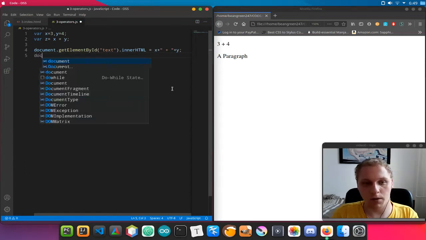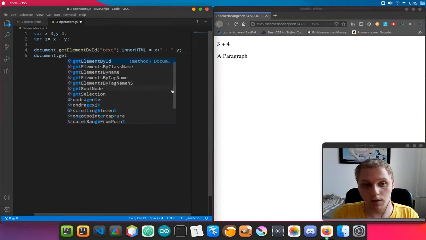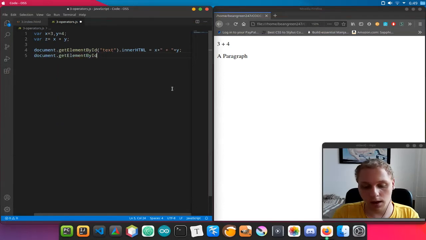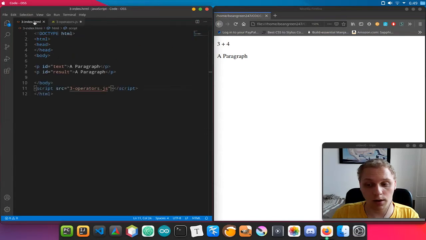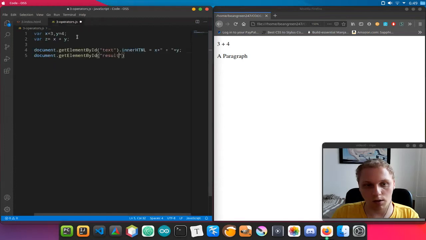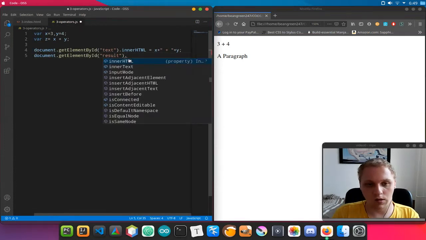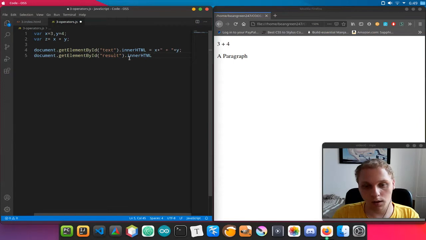So again, you would type in document dot get element by ID, and this time, oh yeah, I was doing it right. Okay, cool. And then we do these double quotes, and in here we'll type in results. That's what I think it is. So if you're not sure, you can again open the index.html file, and you notice you have the result ID here. So that's what you want to change it to. And we're going to say innerHTML, and say equals, and now